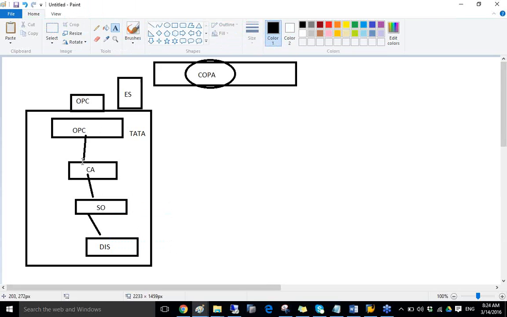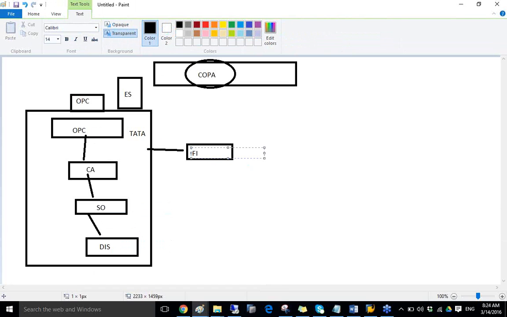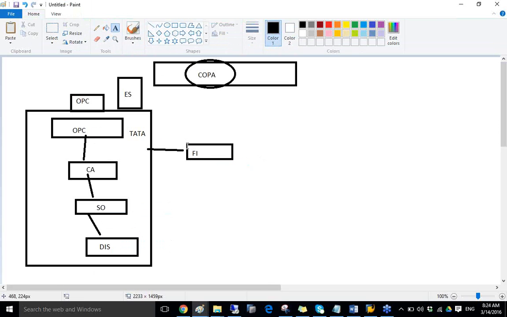So operating concern, controlling area, sales organizations, distribution channels, like this, an enterprise structure would be defined. Now, whose responsibility is to design this enterprise structure? This is the responsibility of a FI consultant. So the consultant who is working in FI will design. So this is how they can operate my business. So FI consultant creates an enterprise structure. Once this enterprise structure is created,